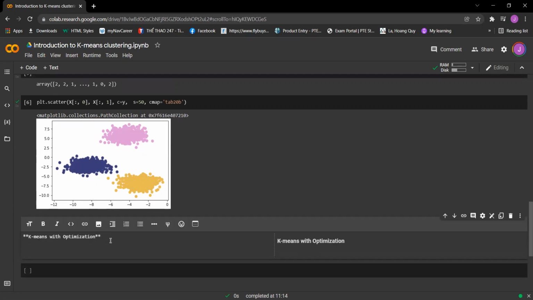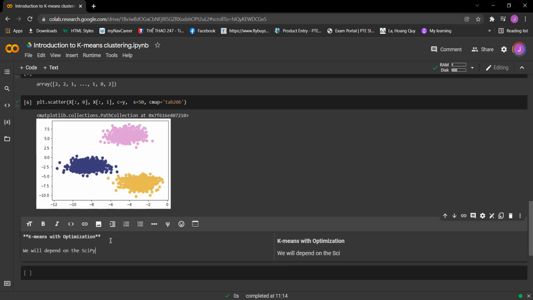In here we will depend on the SciPy library,